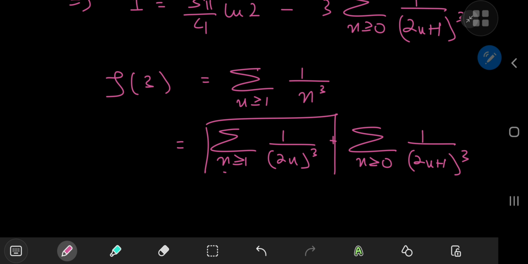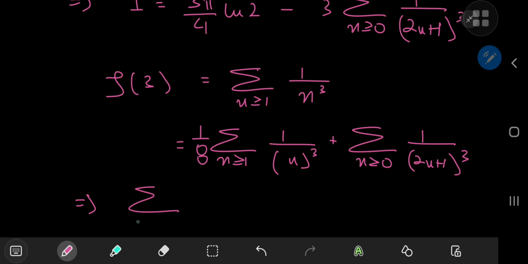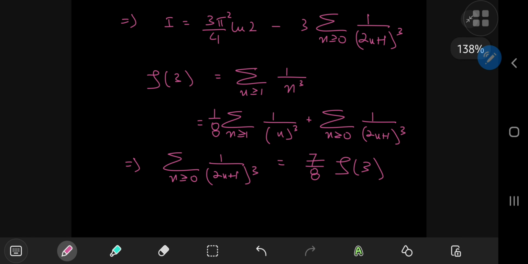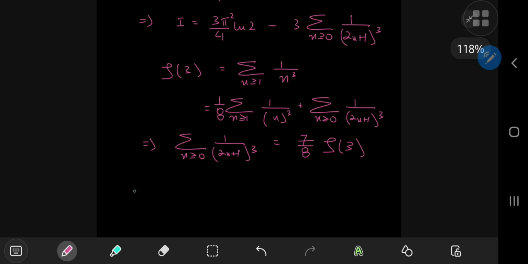So notice something here, that you can write this as 1 by 8 times exactly zeta 3. So this implies that the sum over the non-negative integers n of 1 by 2n plus 1 cubed equals exactly 7/8 of zeta 3. So finally, we have a very aesthetically pleasing result indeed, that I equals 3 pi squared